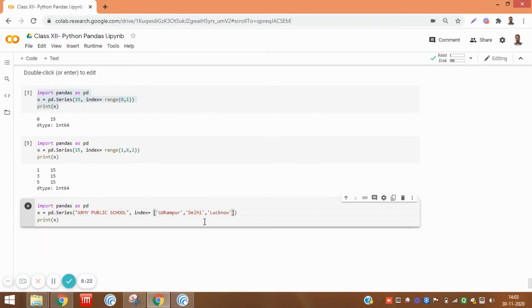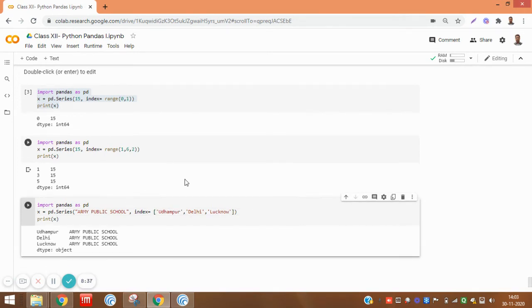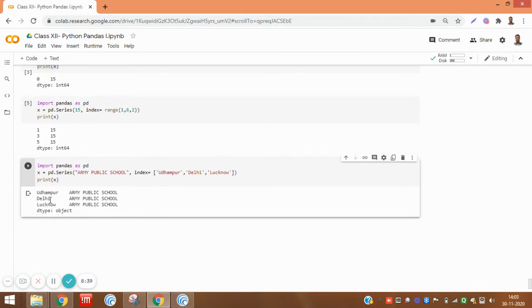So we have specified 3 indexes here. It will show Army Public School Udhampur, Army Public School Delhi, and so on. So it will give the cities as index, and the value will be printed 3 times. So we can create the scalar value like that.